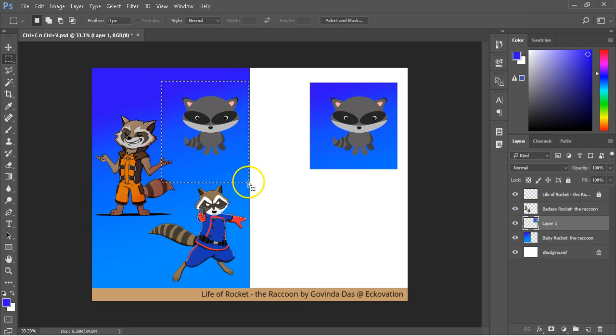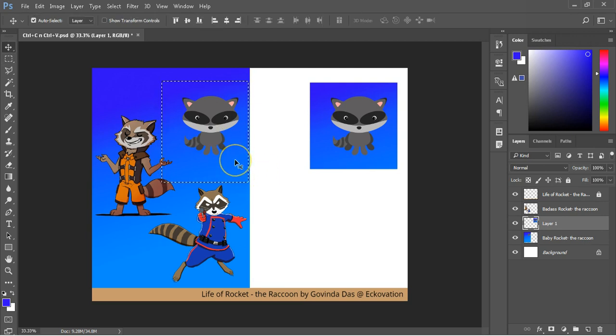Now press V to select the move tool. Mouse over inside the selected area. You can see the mouse cursor has a small pair of scissors below the arrow. This icon represents that upon clicking and dragging, the cursor will take the original artwork of the selected area itself to wherever we put it. So it's like cut and paste.